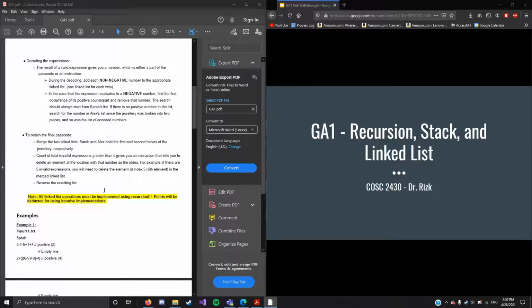And then we also have to keep track of the total invalid expression count. If the invalid expression count is greater than 0, it will give us an instruction that tells us to delete an element at a location with the number as the index. So if we have 5 invalid expressions, then we delete the number from the merged linked list at index 5. And then at the very end, we have to reverse the resulting list. And very importantly, we are told that all linked list operations have to be recursive. Points will be deducted if we use iterative